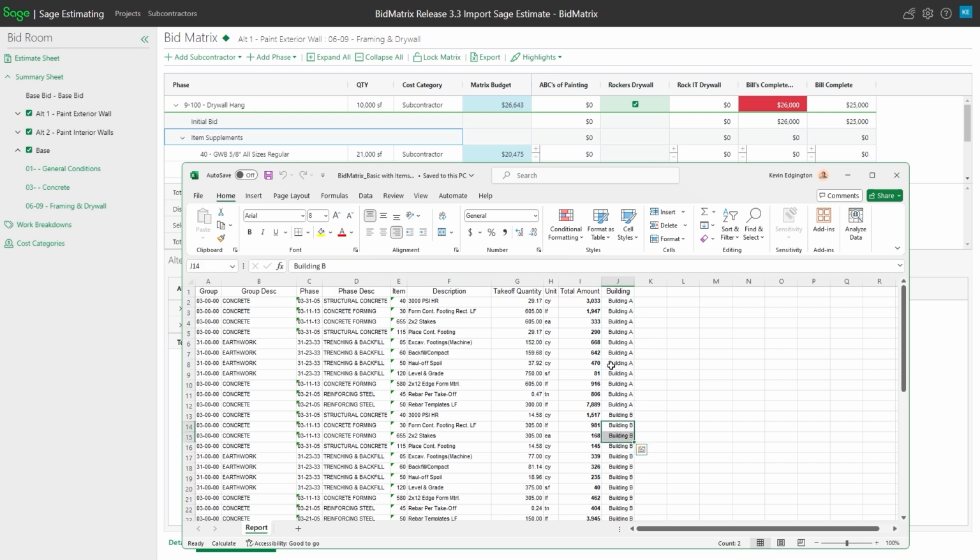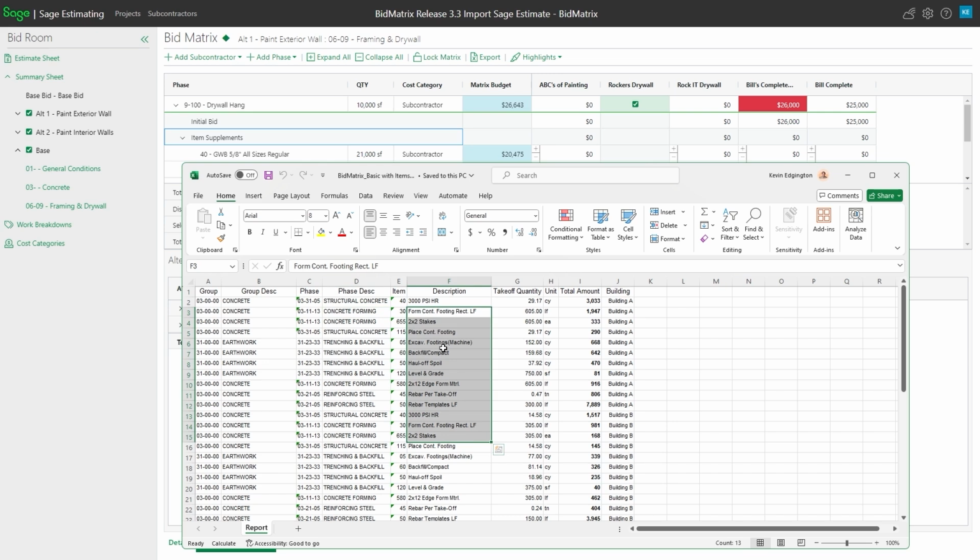If I come over to the other side, this is what I'm going to use for my bid metrics. So my major divisions of work, I want all my concrete stuff lumped together. I want all my earthwork stuff lumped together and things like that. Within a bid metrics, we're going to have these phases of work to check scope on and so forth. And within a particular phase, I can have multiple line items that make that particular phase up. So that's kind of my detail as far as what I'm looking at here.